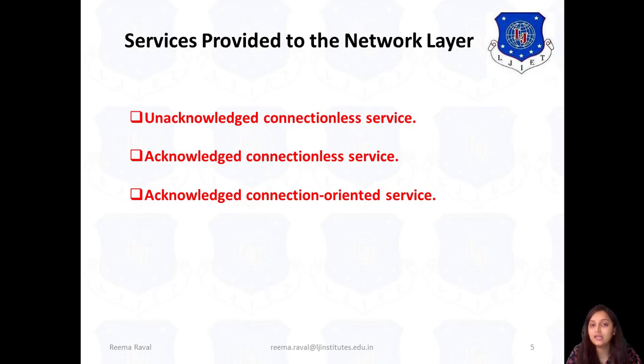That means it is a highly reliable system in which a logical connection is set up and each and every frame of data gets an acknowledgement signal back. In this, the sender knows if the frame has arrived correctly or not, and if not, within some specified time interval, it can send the frame again. So this way acknowledgement can be useful to the sender. So these are the basic three services provided to the network layer.